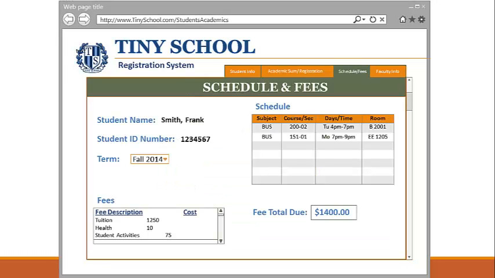After advisors have successfully registered students for their classes under the specific school term, class schedules and fees can be seen under the Schedule and Fee page as we see here. The student's name, along with the student ID number and the term, are listed on the left-hand side. The class schedule can be seen on the right-hand side by subject, course,